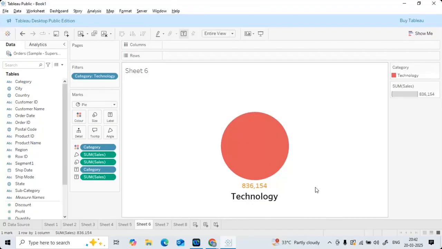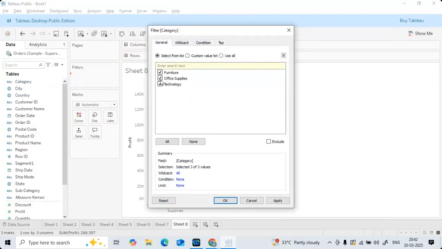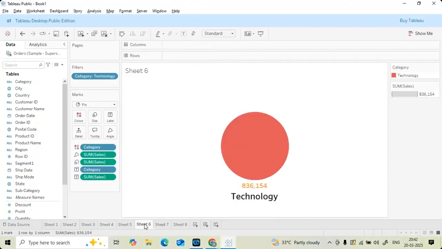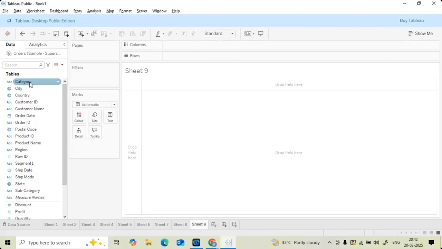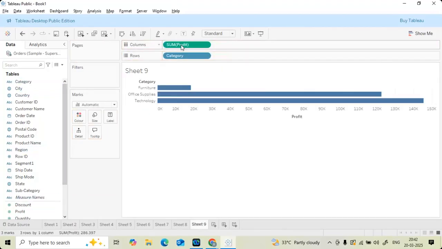Exactly. Here we are not doing it at the data source level. We are doing it at the worksheet level. So that worksheet is different and this worksheet is different. Now in this, again, I want to go with a category apart from technology. I want to filter based upon furniture. Click on furniture and just click on OK. I will get furniture related. Here you will get technology related. Here you will get furniture related. In another page, again, if you are selecting category and profit, now again I will get all. Why? It's a worksheet level filter.